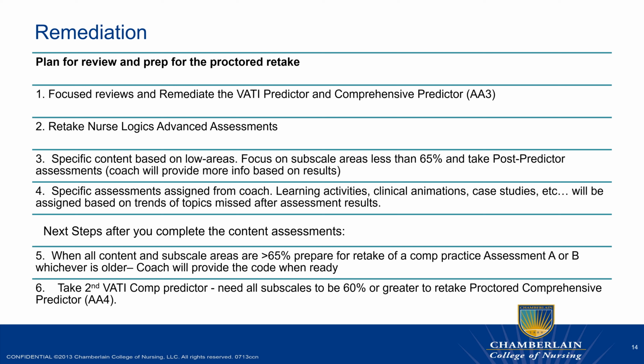Step 5, when all the content and subscale areas are greater than 65%, your coach will give you a code for either comprehensive practice A or B, whichever is older, and your coach will provide that code when you're ready. And step 6 is taking your second attempt of your VATI predictor, comprehensive predictor, which will be on campus. And you need to score all subscales or all subcategories to be greater than 60% in order for you to take the comprehensive retake, or also known as the